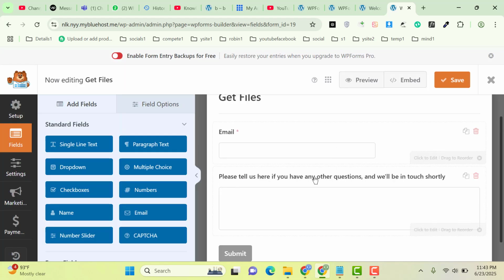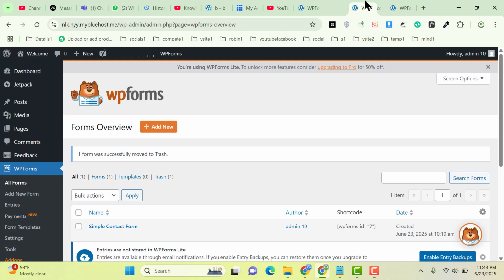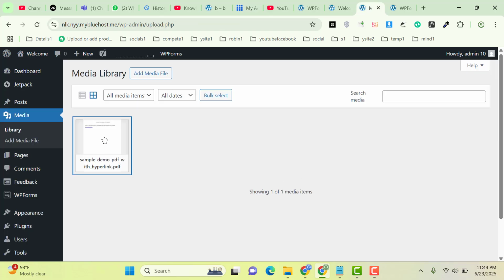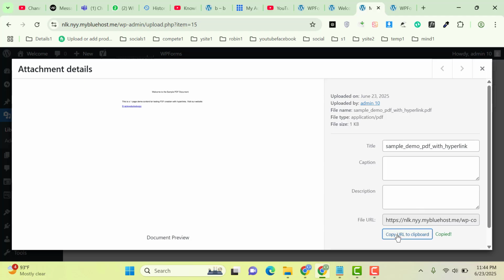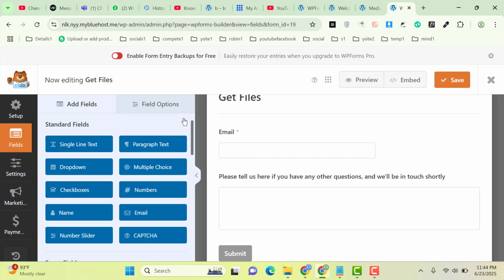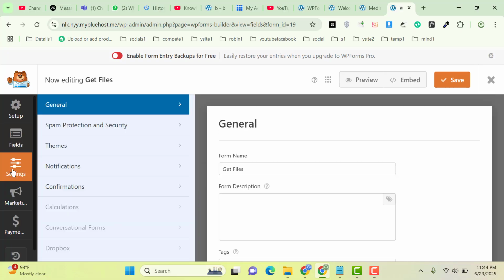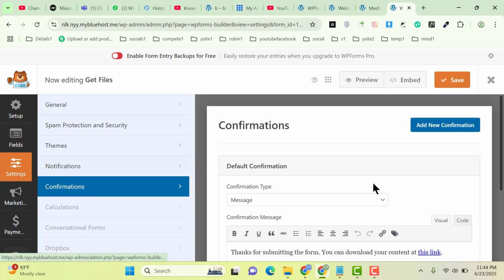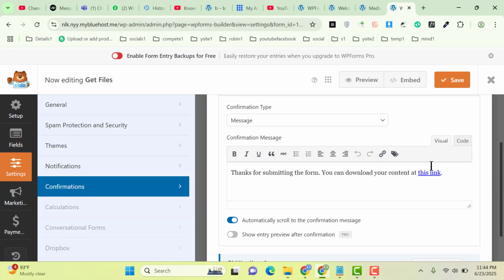Now after that, if you want to attach some files, then you can simply go here and you can upload files in the media. For example, here I have this one PDF file. Let me copy the link and then click on settings, then confirmations, scroll down, and here you can attach the link. Then after that, click on save button,